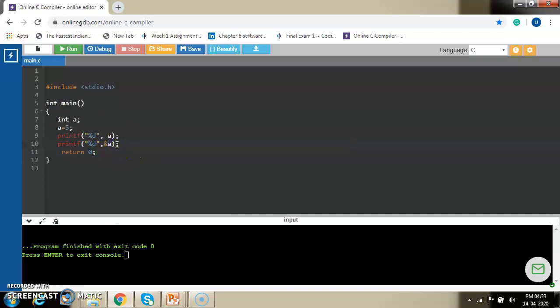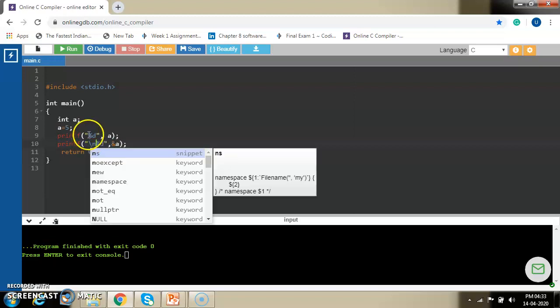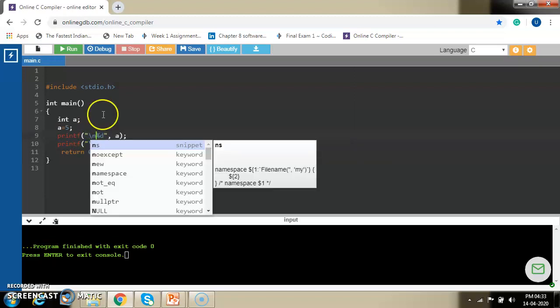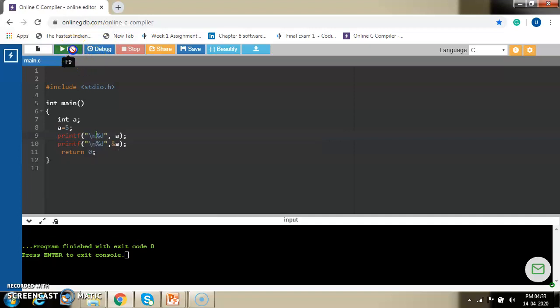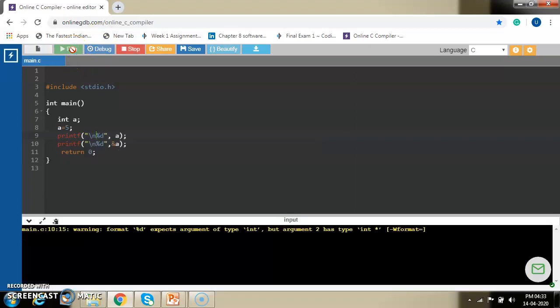Okay, so it will print the address. We'll write \n over here, so it will print to the new line. So let us run it. 5 is the value of a, and this 269848908, this is the address allocated to variable a, where a's value is stored.